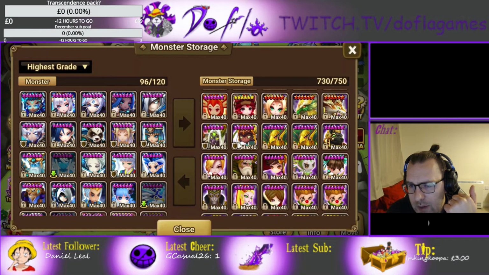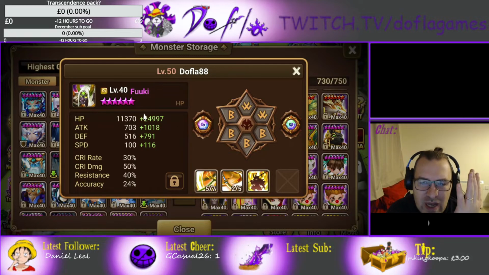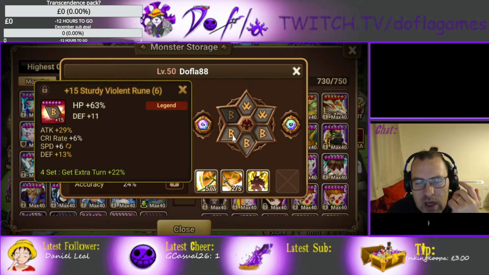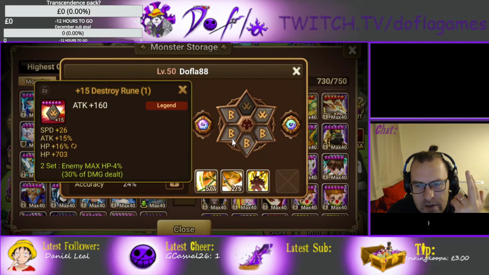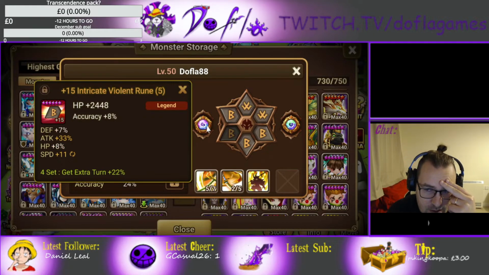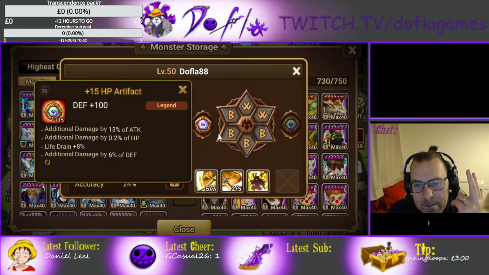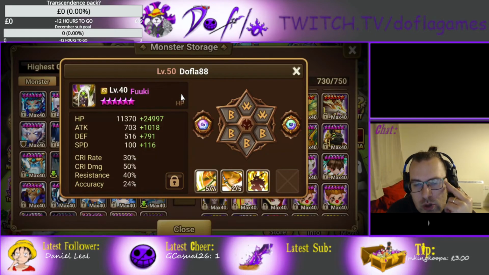The Wind one, I have him on Violent, Destroy. It doesn't have that many. I would like some extra HP, but it's like this for now on speed, HP. He's not fully grinded. He can get extra HP from the runes, from the grinds, also extra defense. Additional damage, as I said, is pretty good for them, but also I would like extra HP, and also Destroy